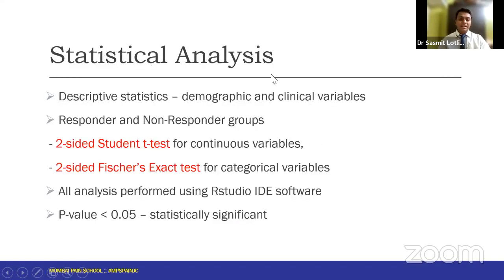Coming to the statistical analysis, descriptive statistics was done for demographic and clinical variables. For the responder and non-responder groups, for continuous variables, a two-sided Student's t-test was done, and for the categorical variables, a two-sided Fisher's exact test was done. All the analysis was then performed using the RStudio IDE software, and a p-value of less than 0.05 was considered